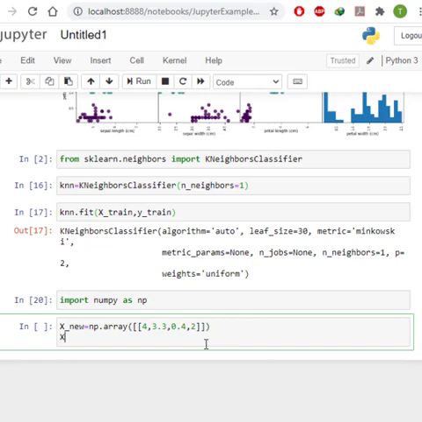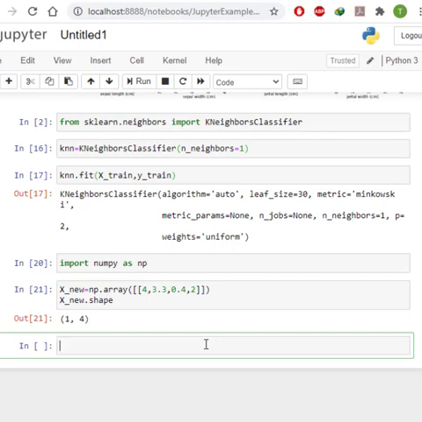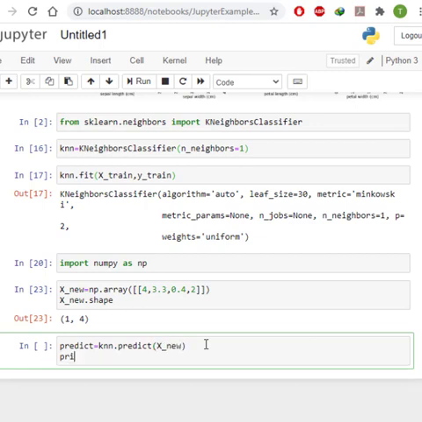I want to see this shape. Here are 4 measurements of a single flower, and we need to predict a method to determine our class and type for this x new, and we print out